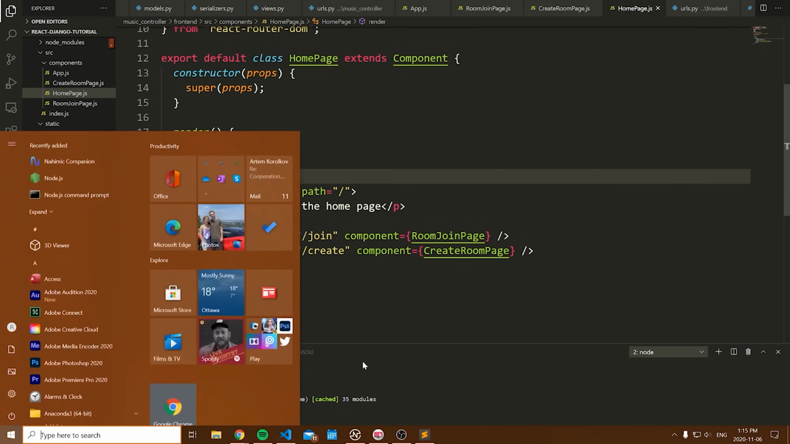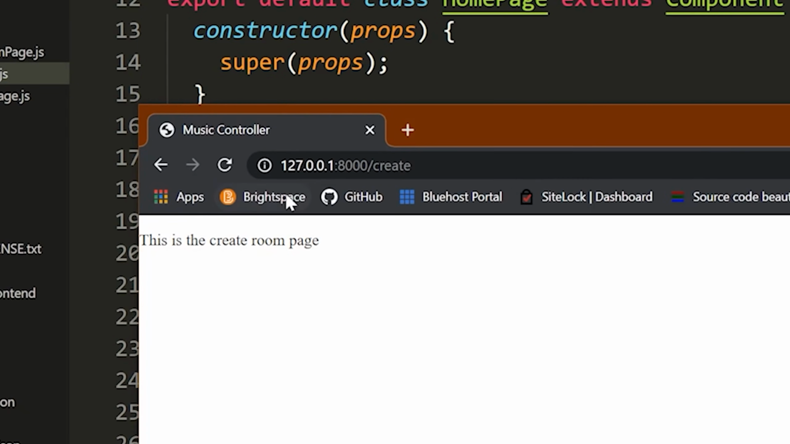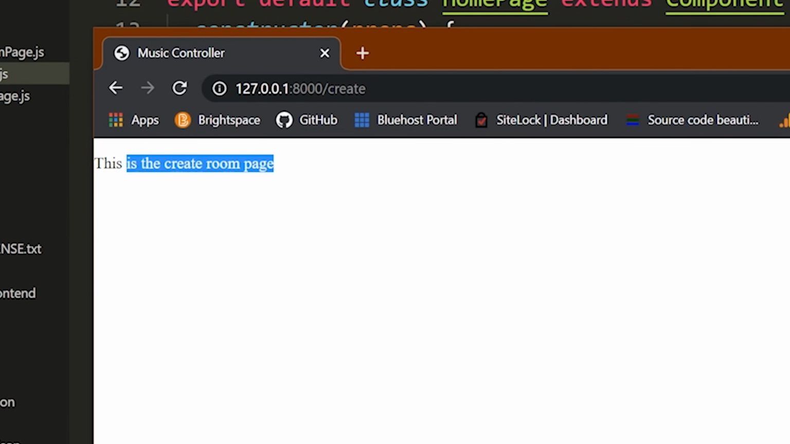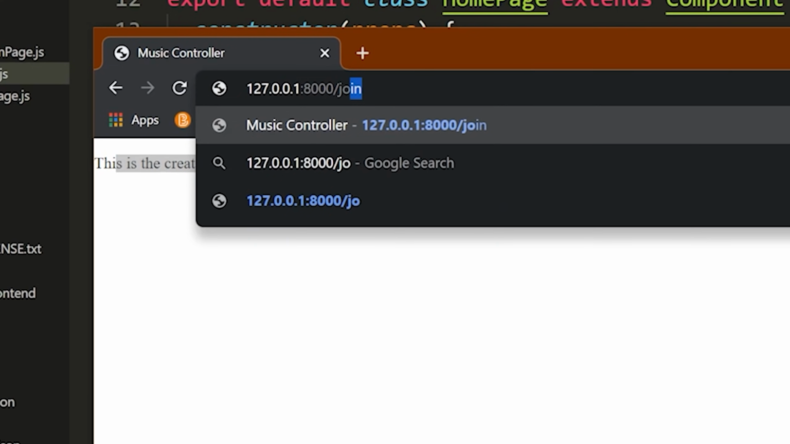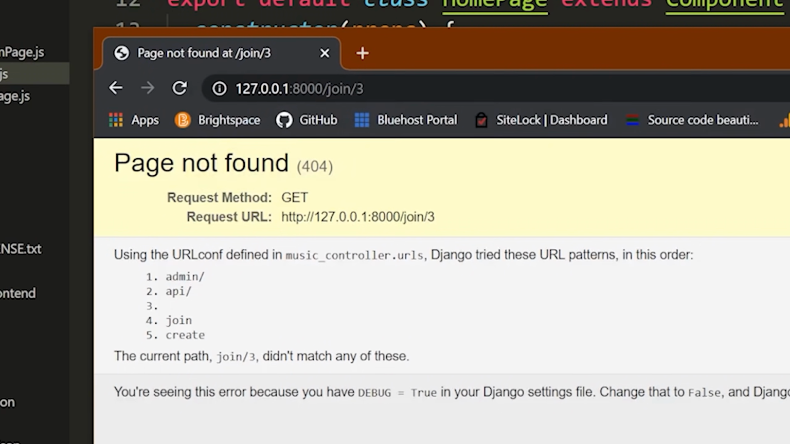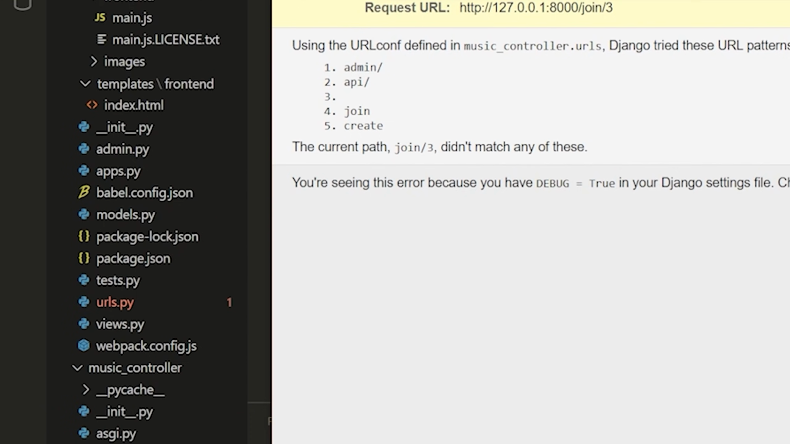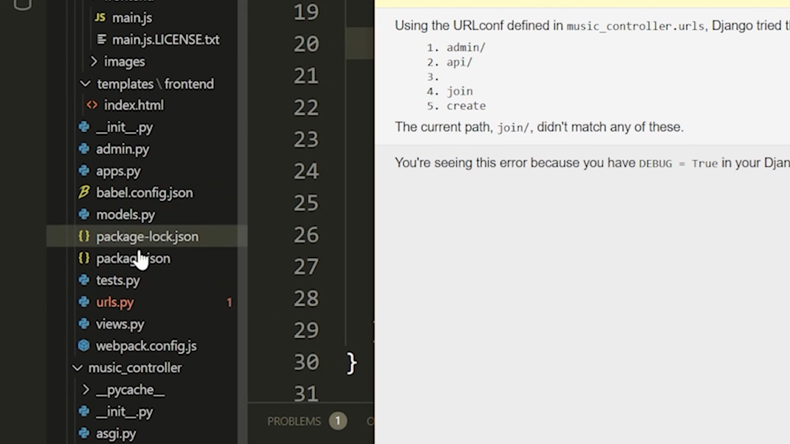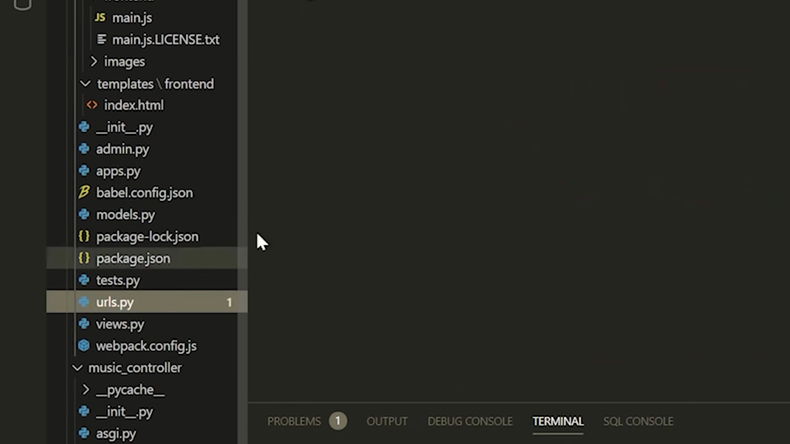And in fact, to test that hypothesis, let's save that. Let's go here and refresh, and notice that the create room page is working when we go to create, and /join is working when we go to join. Now what happens if I go to /join/3? Well, this didn't work because we didn't match the URL pattern, but I'm willing to bet that if we add that URL into our URLs configuration, so let's actually go to URLs and do this,